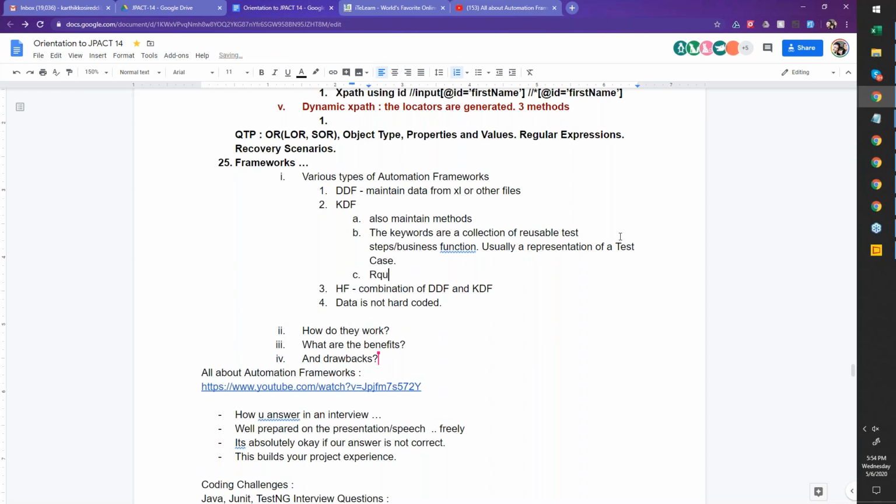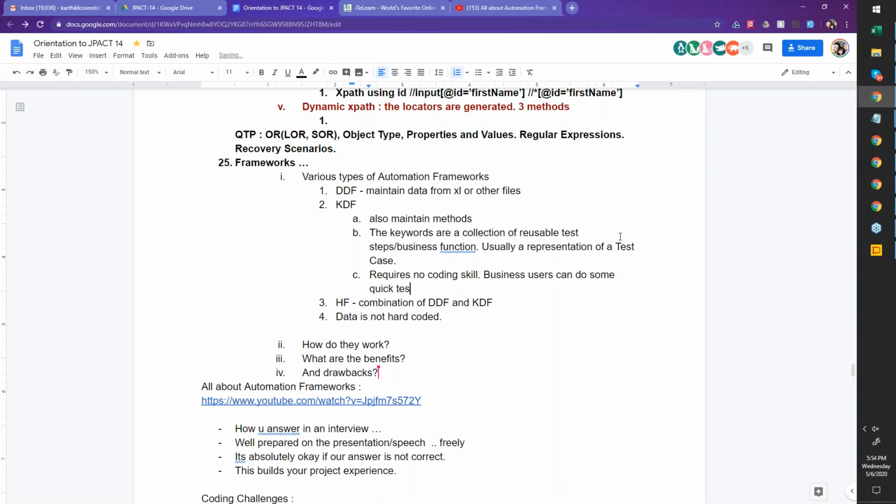It's usually built for them. Anybody must be able to handle such a framework without any programming knowledge. That is the advantage of keyword-driven testing.